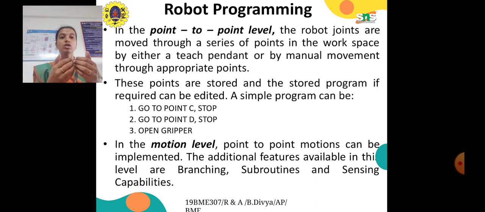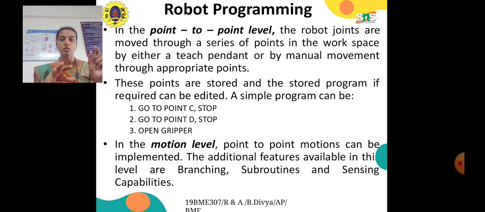We can teach each joint to operate another by programming it, or it can be manually operated